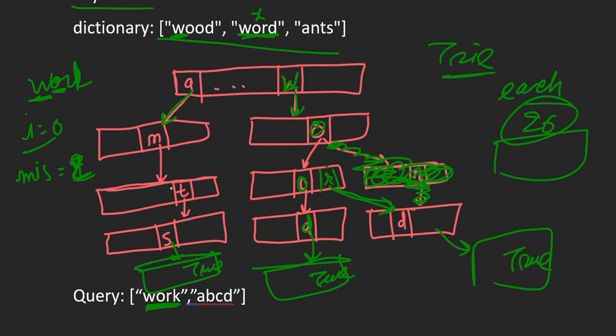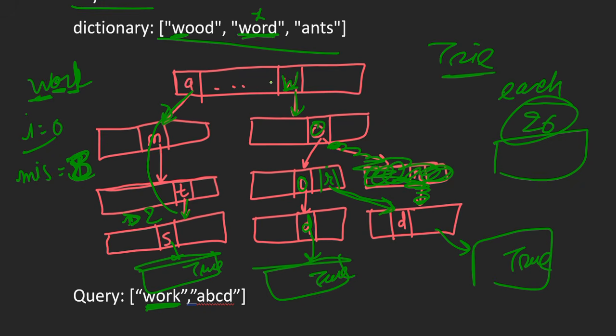Then we go to the third node. Then we compare R with all the characters. Suppose we compare with T, so R is not equal to T, and our mismatch has become 3. Then we go to the next node. Now if our mismatch is greater than 2, then we move back and stop the comparison. We won't compare with the further nodes, so we go backwards, right?